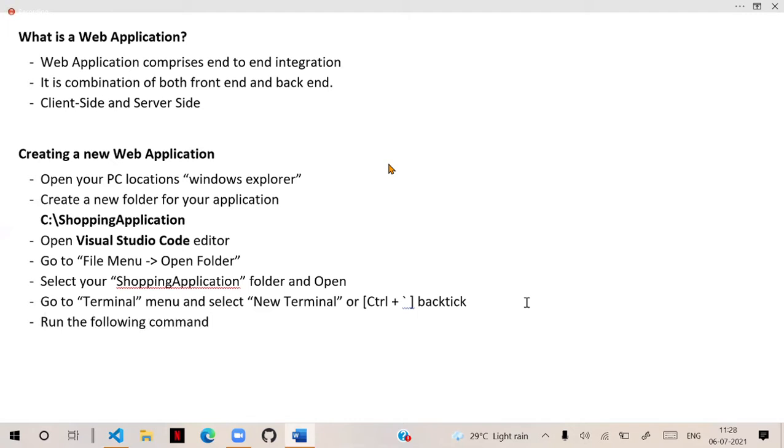Here we have the shopping application path, you see the prompt is already there. At that prompt, type npm init. You have to run the command npm init.